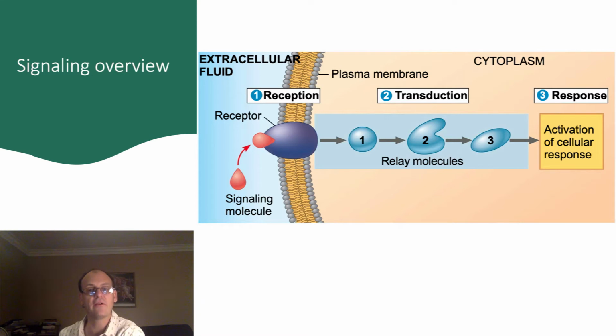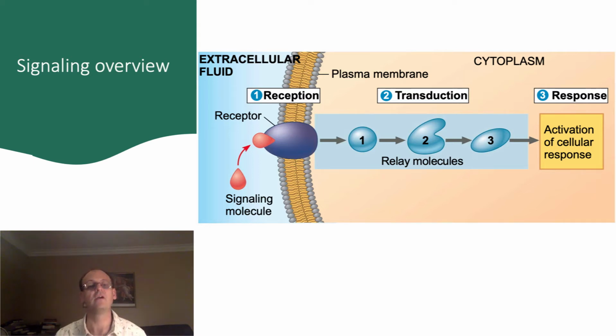Let's look in general how messages are received and operated on by the recipient cell. This figure shows a generic pathway in which a signaling molecule binds to a receptor that's an integral protein of the cell membrane, and thus extends from the outer surface of the cell through the phospholipid bilayer and into the cytoplasm. Binding to the receptor causes a change in that integral membrane protein, and that change is felt inside the